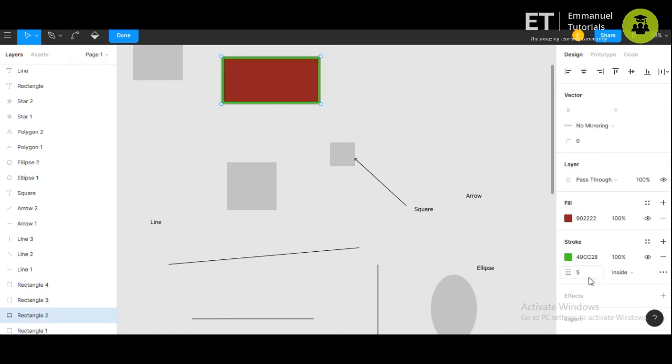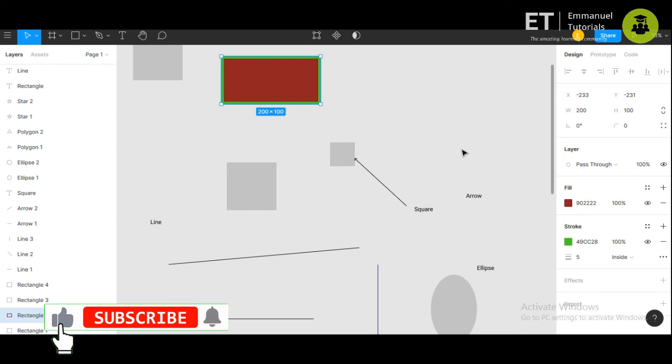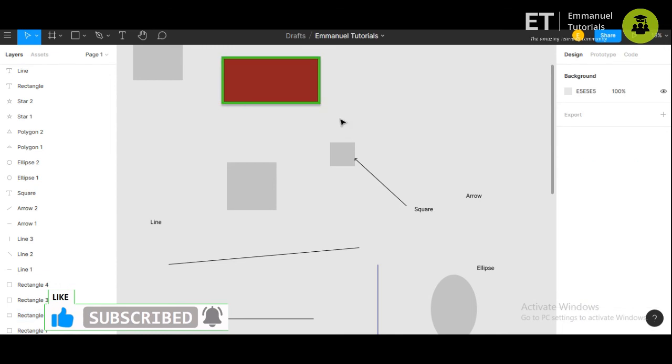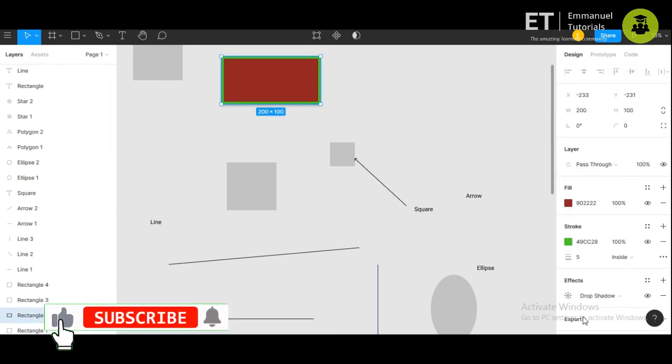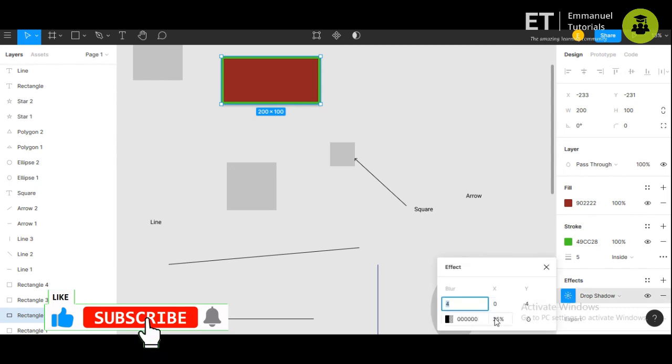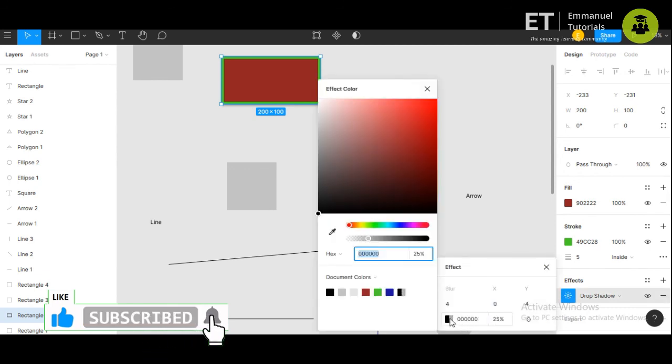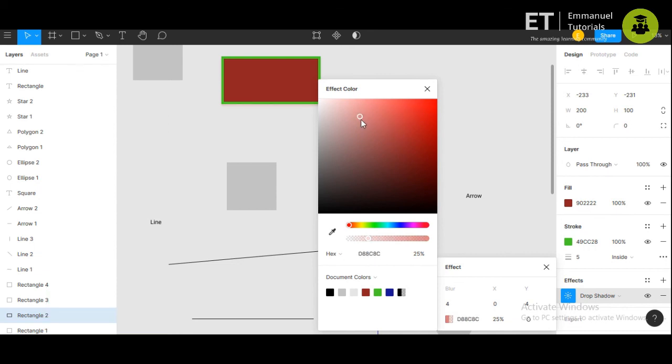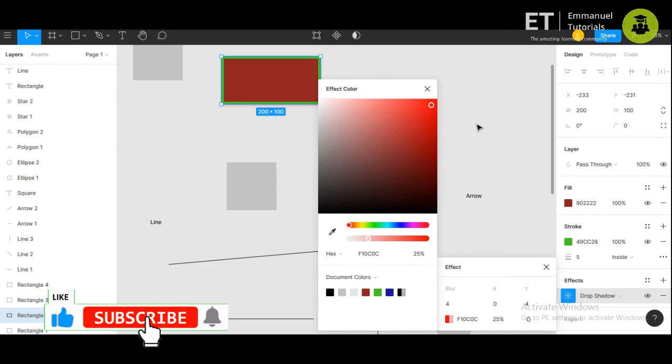Let's make it 5. So here you can see, you can give a stroke. You can also give shadow effects. So this way it looks like your shape is coming up on the screen. And also the shape, color and blur can be changed, and the direction too can be changed.